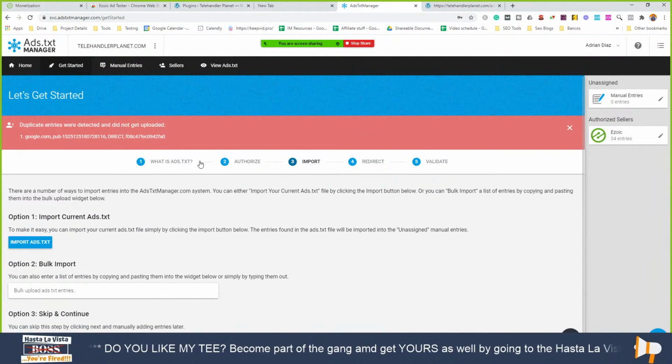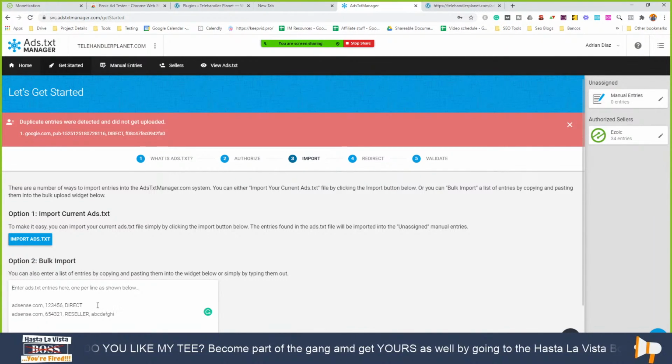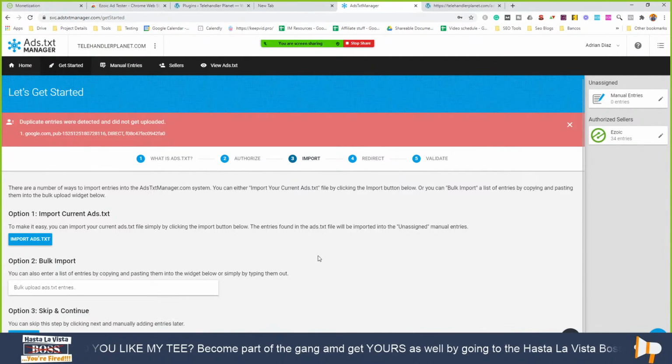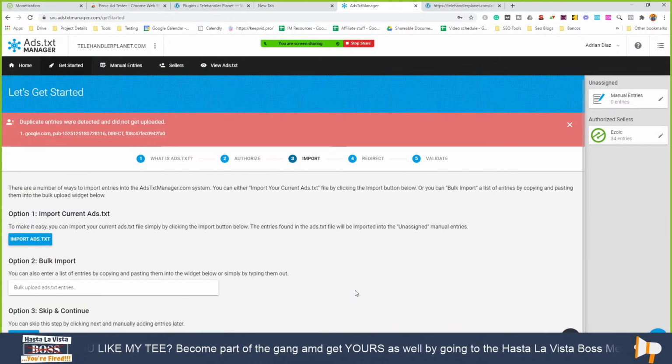Duplicate entries were detected. Interesting. Okay, so let's go. Can you scroll down? Okay, so if it's already in there, then let's leave it like that, and then I'll help you double check after the live stream. And if anyone runs into the same issue, if it's already there, we're fine, but double check it for sure. Sweet. I click next. Yep.